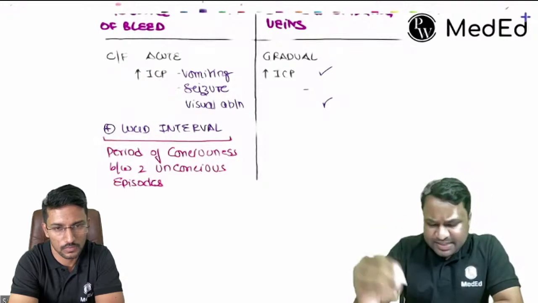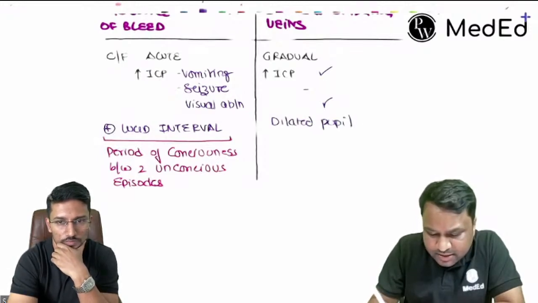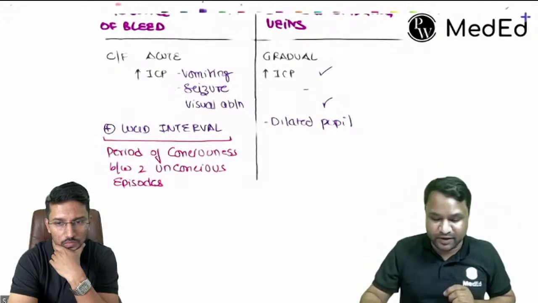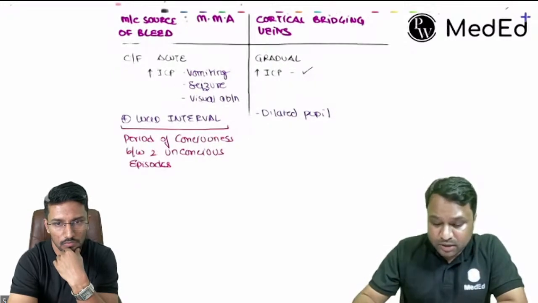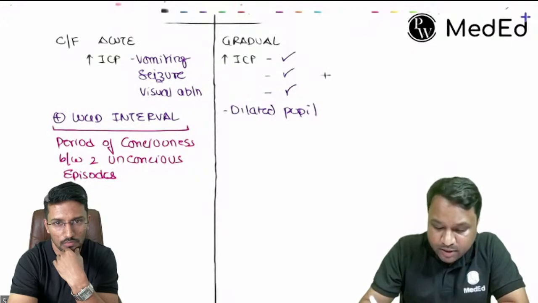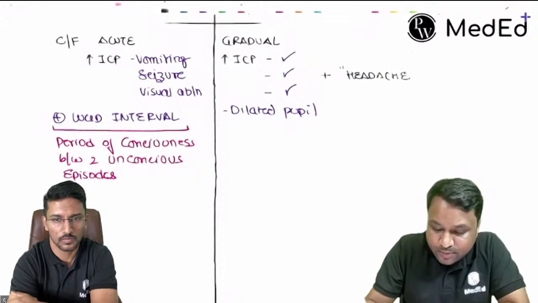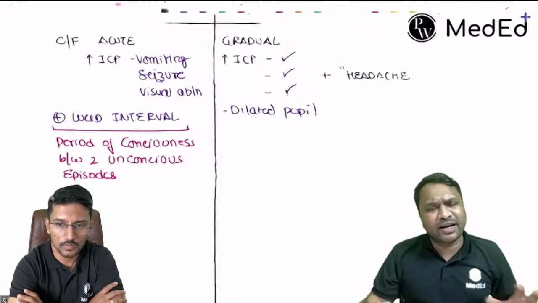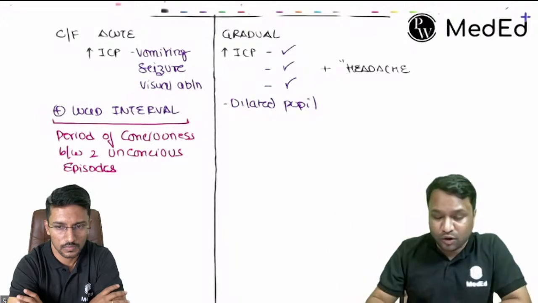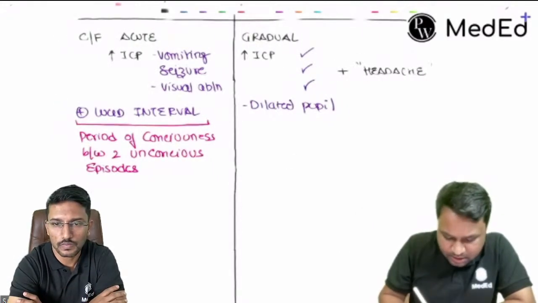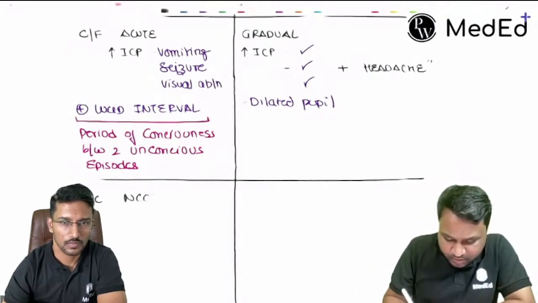Now, in subdural hemorrhage, because of raised intracranial pressure, there could be a dilated pupil on whichever side the bleed is, and this usually remains restricted and confined, right? Now, either way, when you have a traumatic brain injury and the patient is brought to you, one of the most interesting features that you will see in subdural hemorrhage is headache. And this headache is not responding to management, right? The patient says there's a gradual buildup of headache, and no matter what medicine he's taking, he is not able to get through it. So that also indicates it could be a chronic variant of the subdural hemorrhage as well. But nevertheless, if we go across with the investigations, the investigation of choice for both of them is